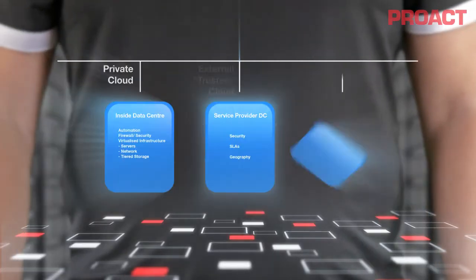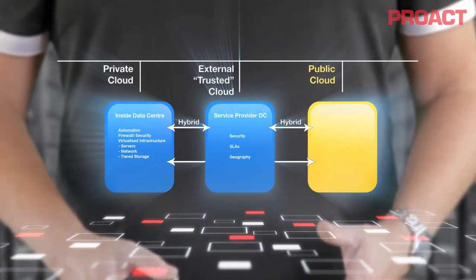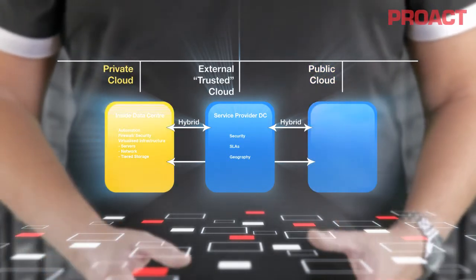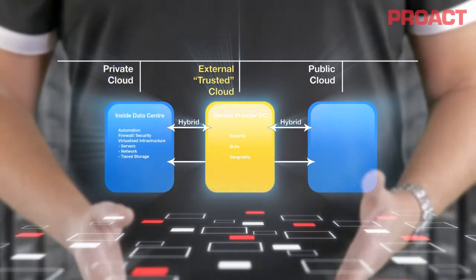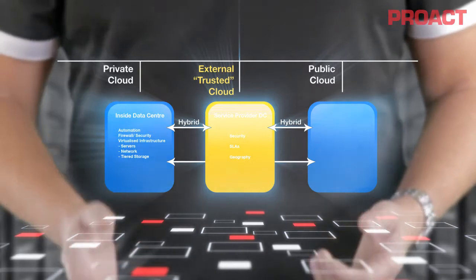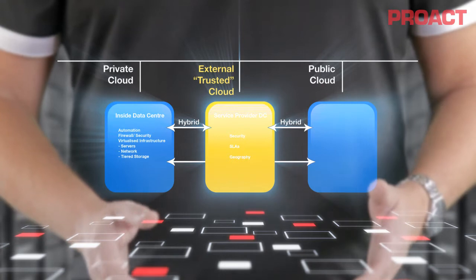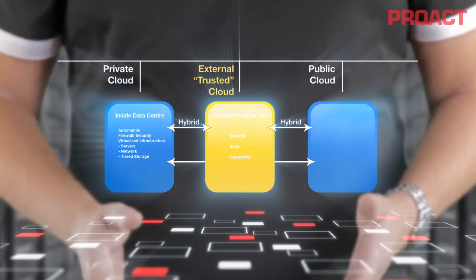There is of course not one version of the cloud. The ones most of us use, often as the free service, is called a public cloud. Then you have the private cloud, which is located inside your data center. And then there is something in between. It's not in your data center, but it will comply with your security standards, deliver functions according to an SLA, and are most likely located in a geography close to where you conduct business. We call it a trusted cloud.